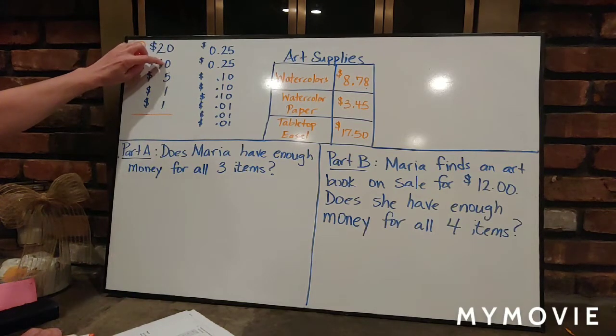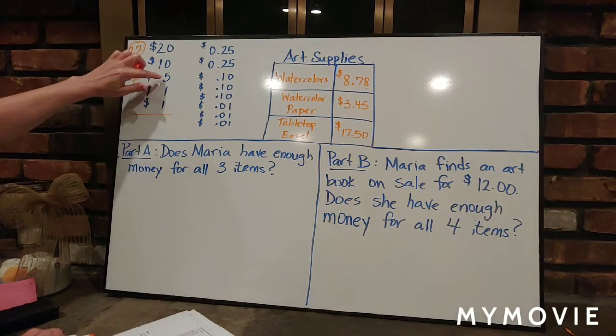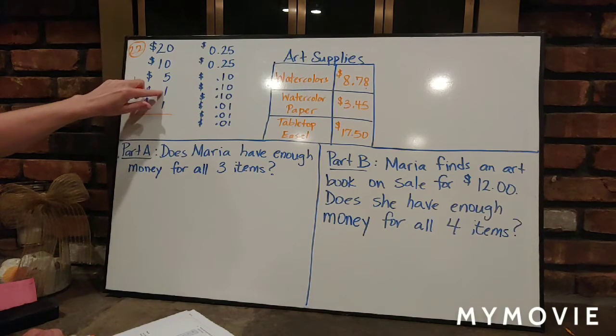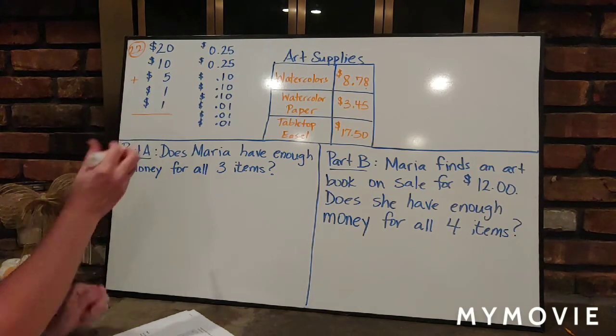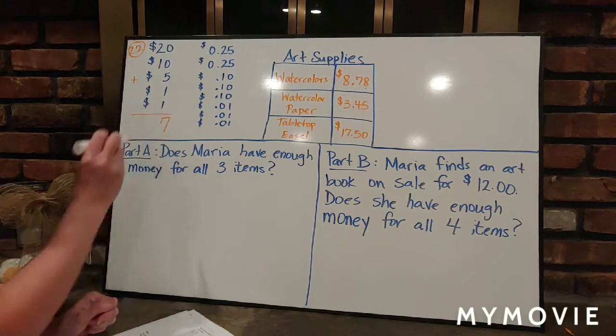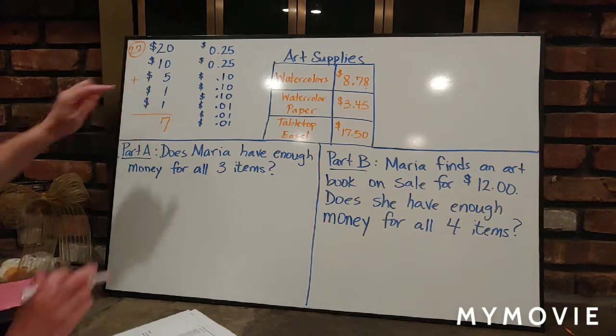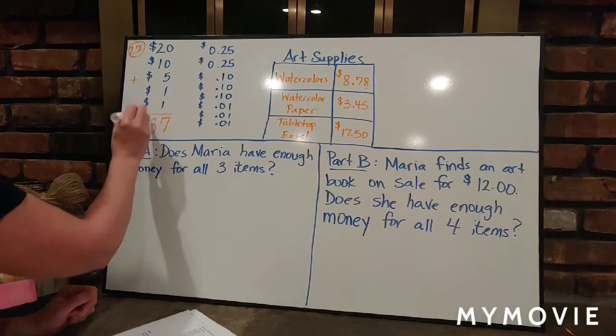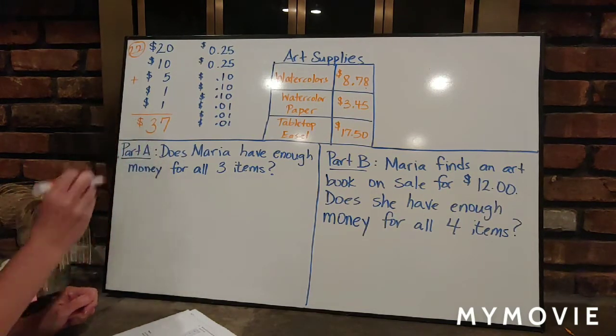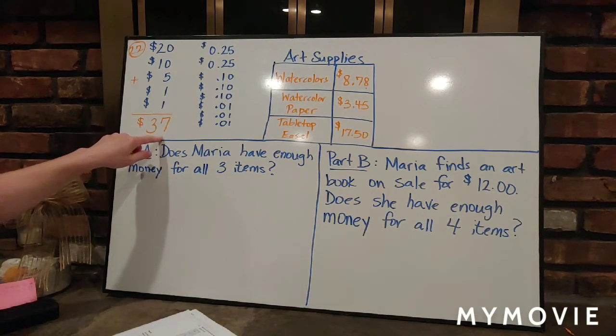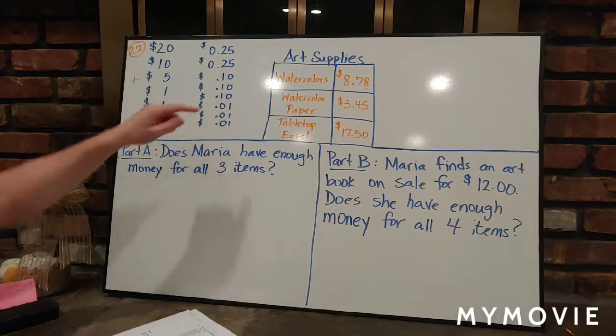So 0 plus 0 is 0, plus 5 is 5, plus 1 is 6, plus 1 is 7. So we have 7, and then we have 2 plus 1 is, there's nothing else there, so that's 3, and then our dollar sign. So her dollars is $37. Let's add up our